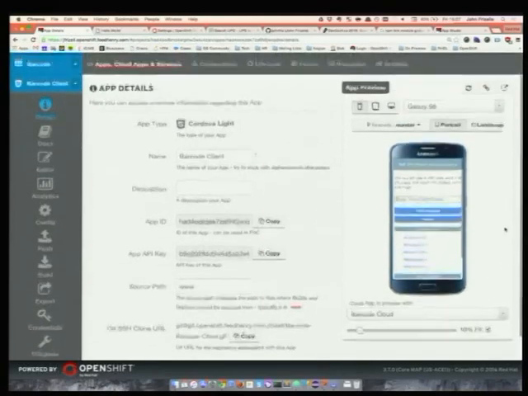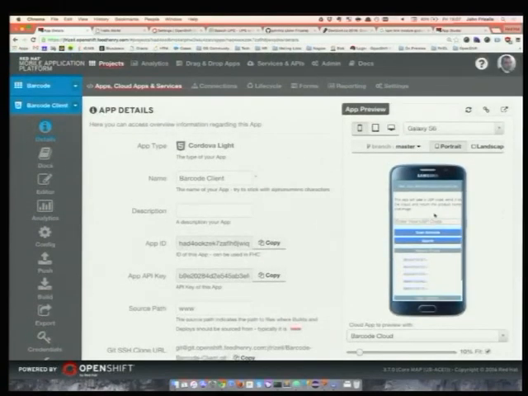Over here on the right-hand side, we have a preview of the application. Because it's a hybrid application, it uses mainly web technologies. So we can preview it in the browser without actually having to install it on device. Obviously, this doesn't work for native iOS and native Android projects, but for the hybrid applications, the preview can be quite useful for just very quickly looking at the functionality.